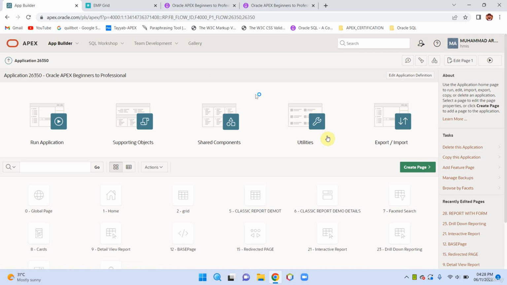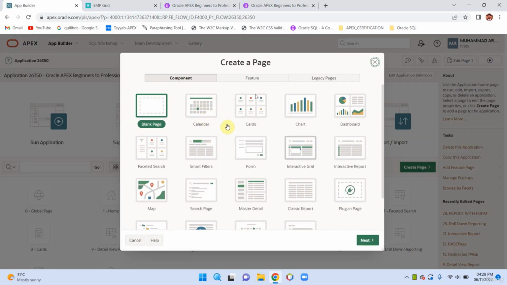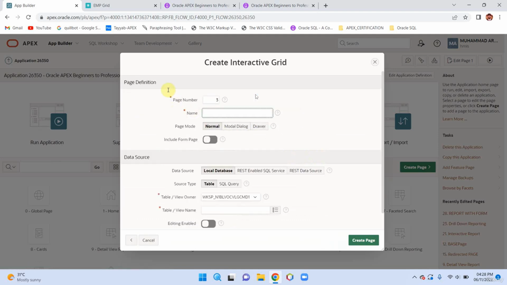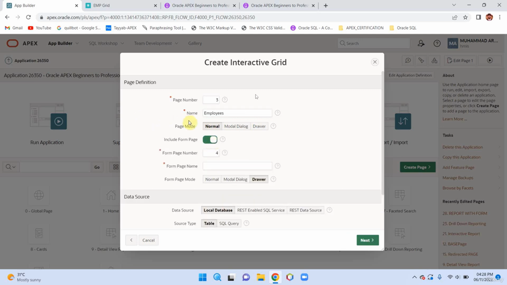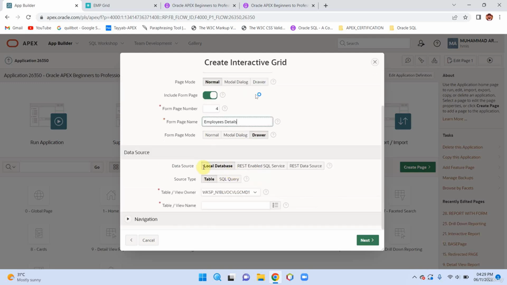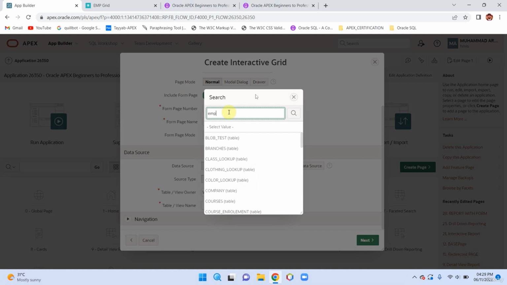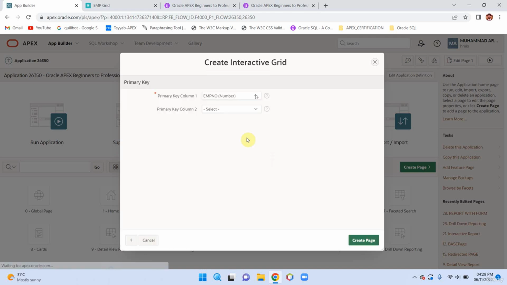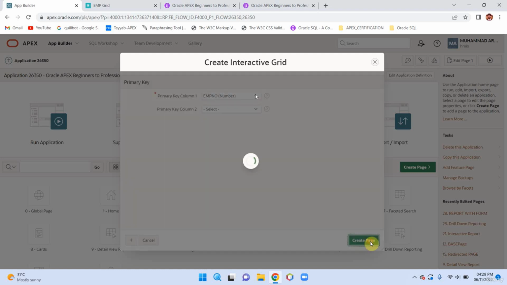So click on your create page option and then click on interactive grid, and then name of your grid employees, and then here you can see we have our option include form page. So include a form, name it as details, and then provide the name of the table, employees table. Next, then you can see we have a primary key option. You can provide the primary key column here, create page,